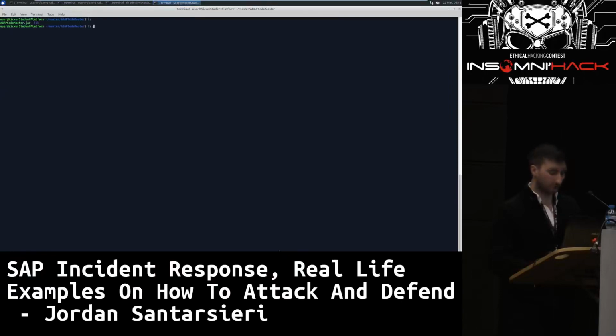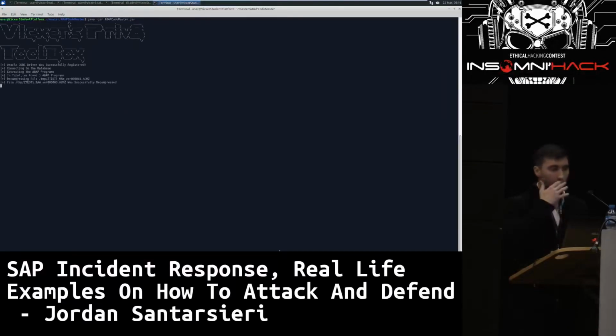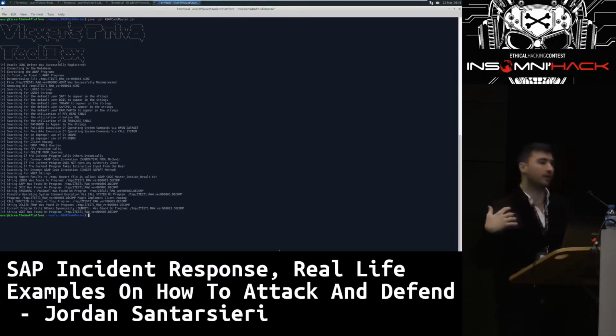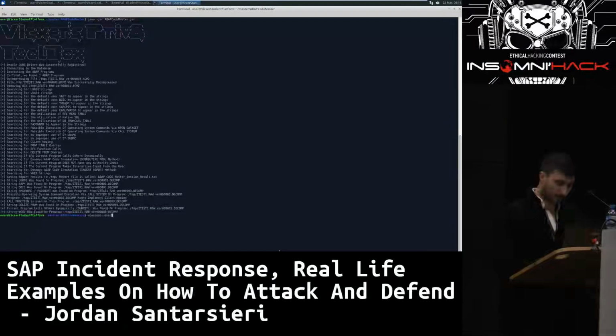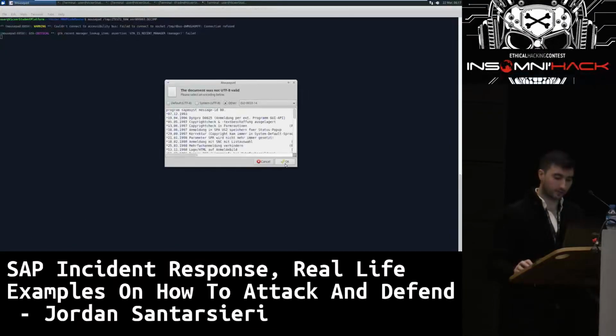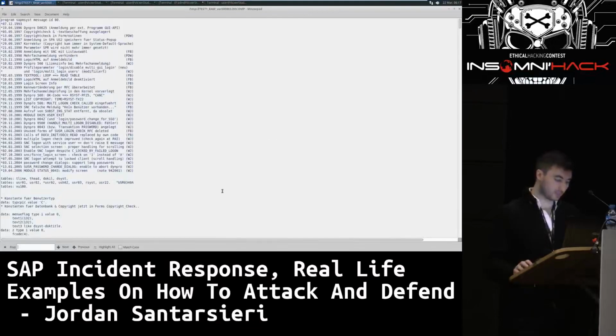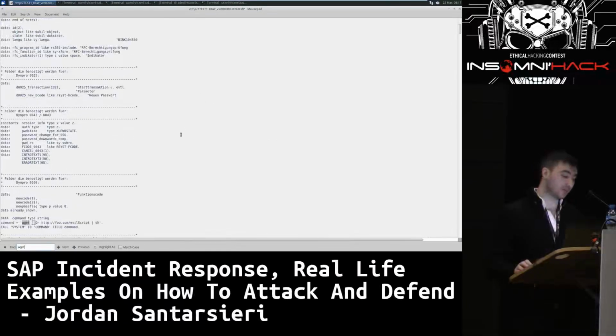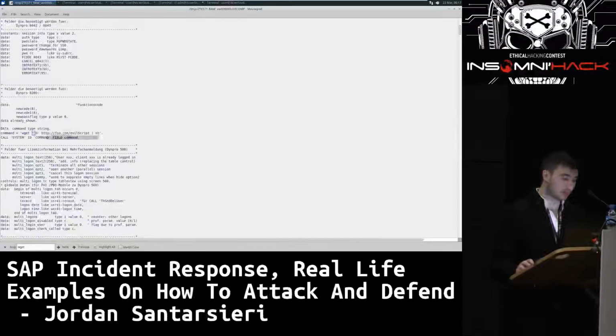Let me show you first that we just use ODBC to connect to the database, nothing magical here. And we executed our program. I can show you the source code later. It will connect to the database and start finding common attack patterns. And it will give us the output here. We need to adjust the encoding. And of course, this will take you far more time. You will do a couple of greps, but this is the backdoor injected directly to a widely used SAP program. Every time someone triggers this program, this action takes place.